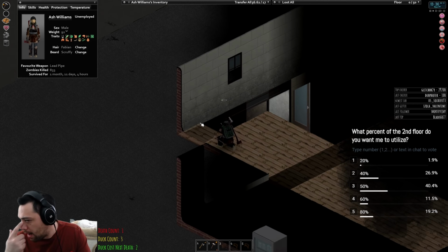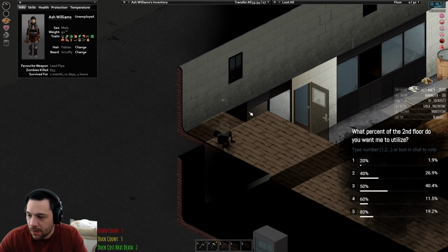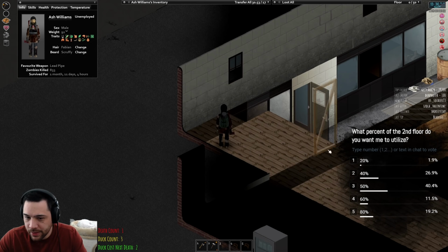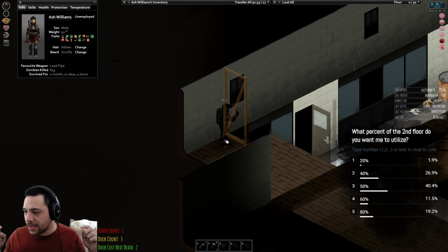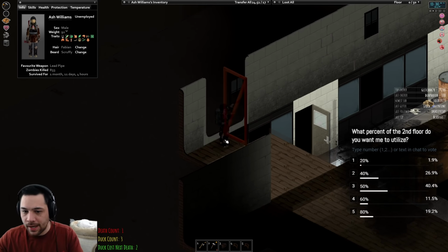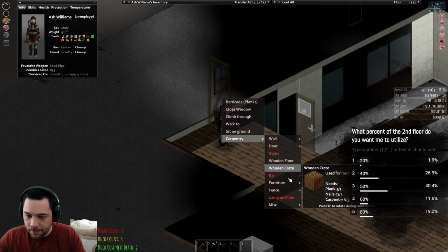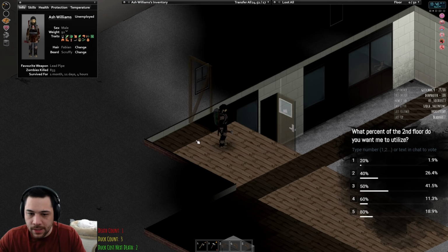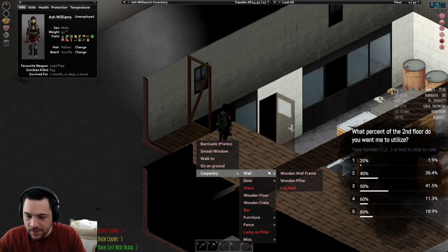So take a look at the poll. I would say about half, a little bit more than half, is probably roughly the consensus here. So what I'm going to do in these areas is build a wall frame and then build a window frame so that we can climb out either side. I'm probably not going to build the... do I not have enough? Yeah, I should have enough. I'm probably not going to finish the walls right now. And the reason being...